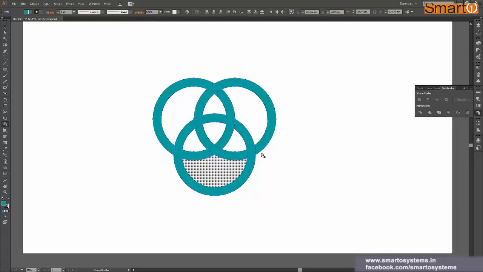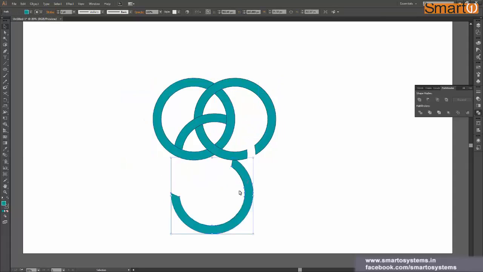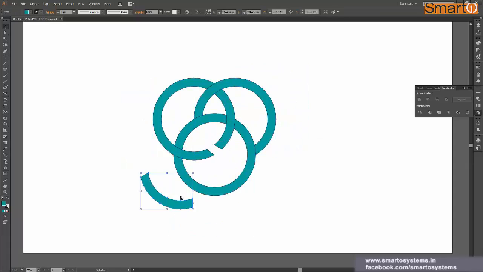When I'm pressing Alt, it will perform a minus front operation, or a subtraction operation. Since I have not overlapped shapes over here, or jumped from one shape to another, it will just delete the shape from there, and that way it will be more convenient for us to remove all these shapes. Okay, I think there are no shapes left and there are no duplicates either.